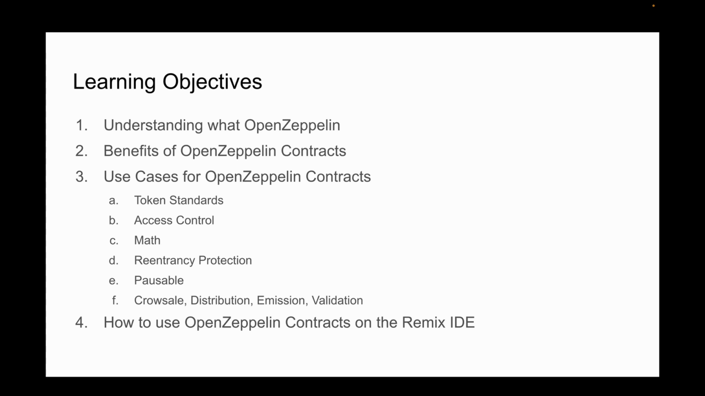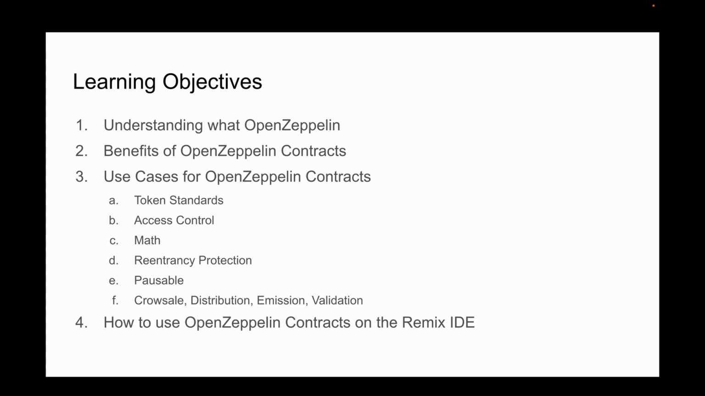Firstly, understanding what OpenZeppelin is in the blockchain. Second, the benefits of using OpenZeppelin contracts. Third, the common use cases for OpenZeppelin contracts, including token standards, access control, meta transactions, re-entrancy protection, pausable, crowd sale, distribution, emission, and validation. Lastly, you will learn how to use OpenZeppelin contracts on the Remix IDE to build and test